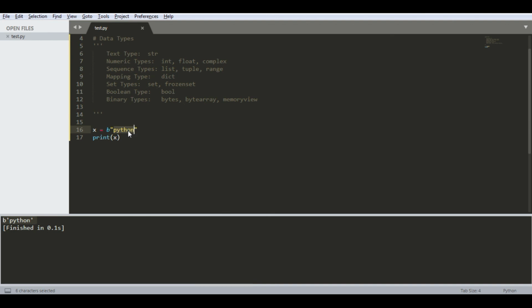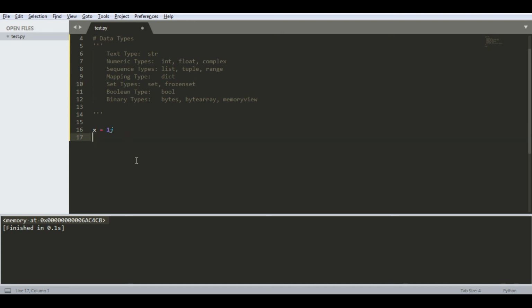For the bytearray, and there is the memoryview, it converts the bytearray to a memoryview. This is an address in the memory of the bytearray of the value 5. Don't you worry guys, I'm going to show you in exercises and examples what the difference is between all of these types, especially for the sequence type, mapping type, and the set type.